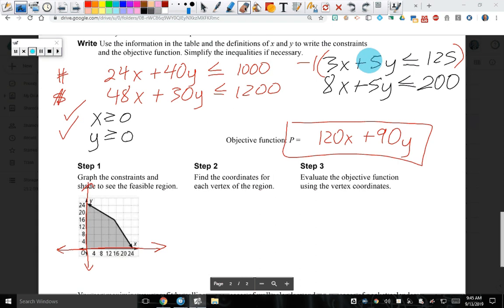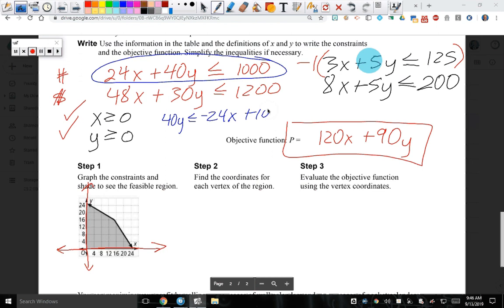Okay, so let's get this one all by itself as far as y is equal to. If I were to subtract the 24, I get something that looks like this. And then if I were to divide everything by 40, I would get y is less than or equal to,